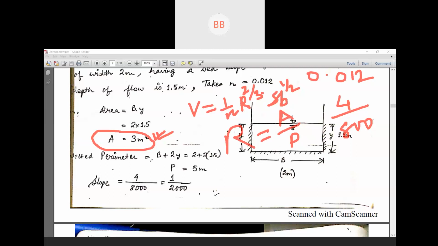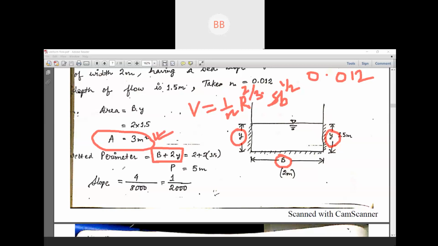Okay, so we all know wetted perimeter of a rectangular channel. You can see this diagram here. So wetted perimeter means till the level of water. So perimeter till the level of water. Okay, not the whole channel. So we have to add y, then we have to add the width of the channel, then again we have to add depth of flow, that is y. Okay, so that is why wetted perimeter is b plus twice y